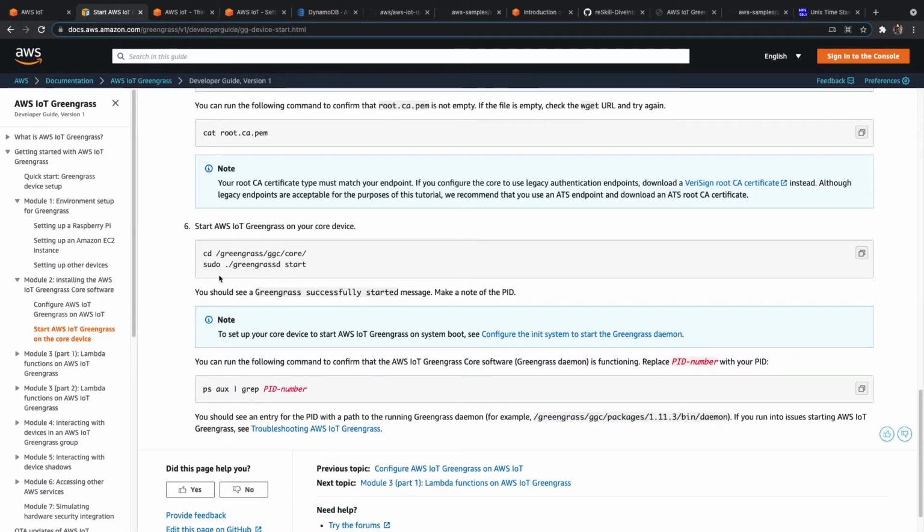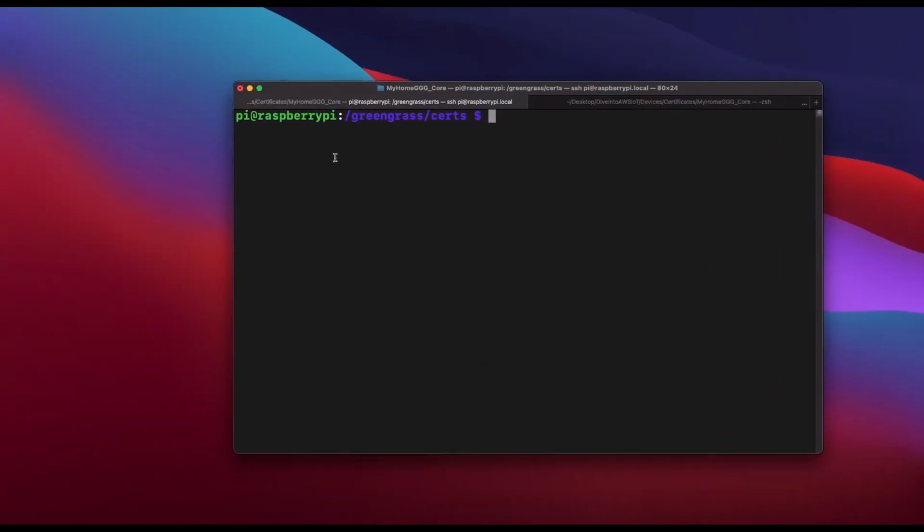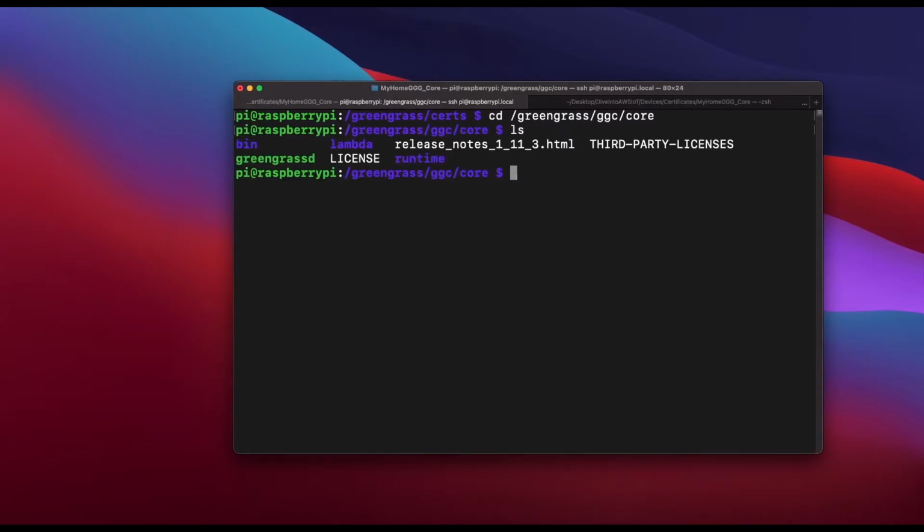All we have to do is cd in the root directory, go to greengrass, go to ggc, then go to core. In there will be a file called greengrassd. That's what we need to run. The way we run that is sudo ./greengrassd start.